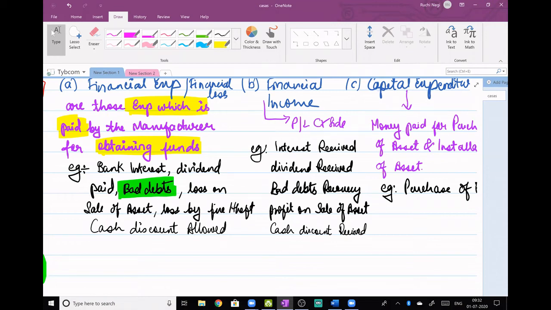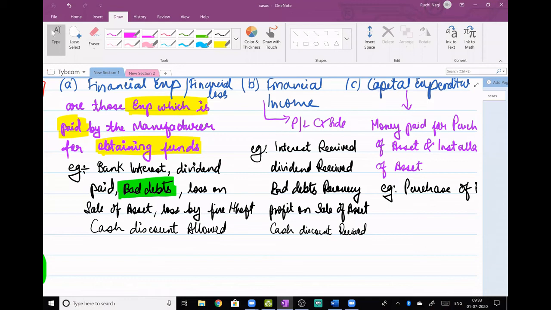Financial income. Okay, I'll take the same example, 5 lakhs of this loss, and say after 4 years that person comes to me and says, madam, 4 years back I was declared bankrupt, I couldn't pay you, but now I have money, I have sold off my old house which I had in a village. I sold off that house and I have got this money and I'm returning it back to you. Wow, such a wow feeling, right? So bad debts recovery can also come in capital income because it is non-recurring in nature. Every year someone will not come and give me a bad debts recovery, right?